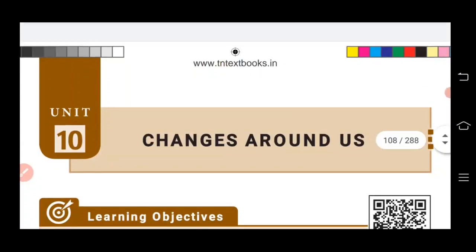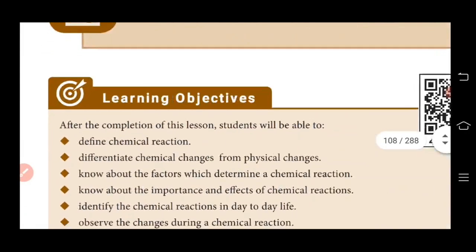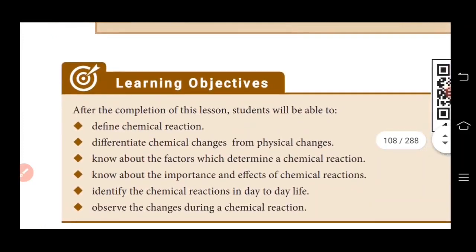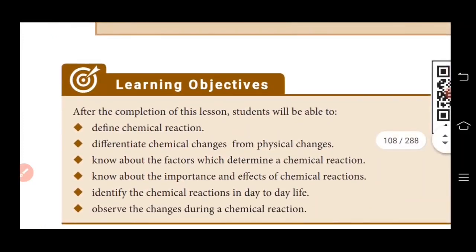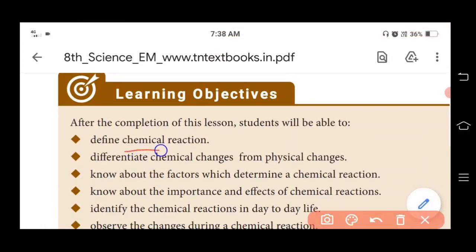Students, in our today's online class, we are going to learn new Unit 10, Changes Around Us. So in this lesson, you are going to learn the objectives: definition for chemical reaction, and then the difference between chemical changes and physical changes,